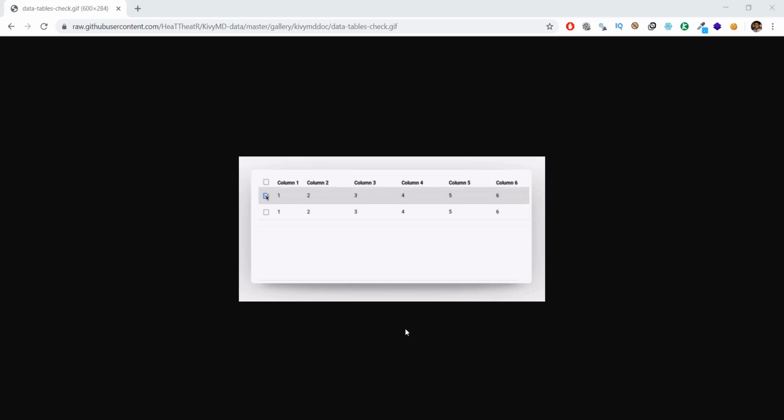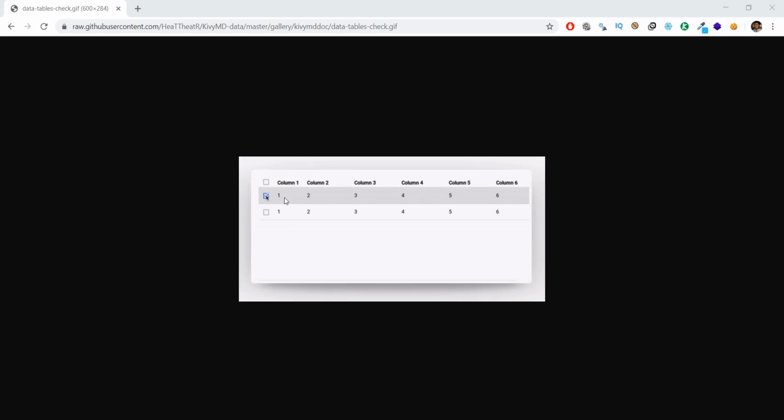So in this video we are going to learn about data tables, and they are really useful when you want to display some kind of data to the user in a tabular form. This contains multiple columns and it also has rows, and each row has data in it. For example, rows go from left to right and columns are from top to bottom.